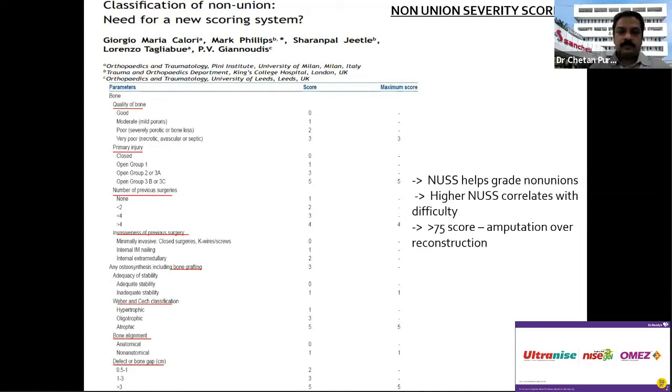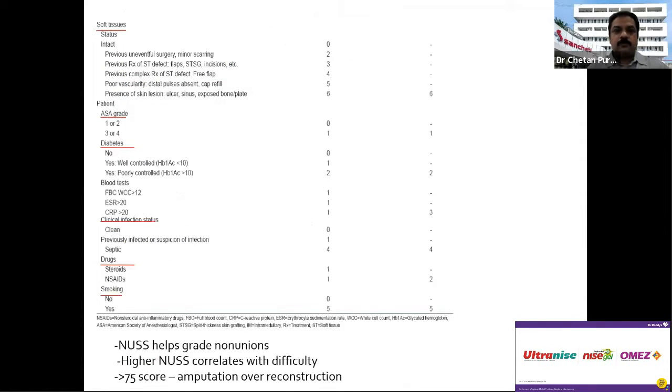is also taken into consideration. Then the Weber and Cech classification, which we saw in the first slide, whether it is a hypertrophic or an oligotrophic or atrophic kind of non-union. The bone alignment, whether it is anatomic or non-anatomic, if there is a bone defect or a gap. The soft tissue status, whether there is previous scarring, or there is any plastic procedure such as skin grafting or a local rotation flap or a free flap,